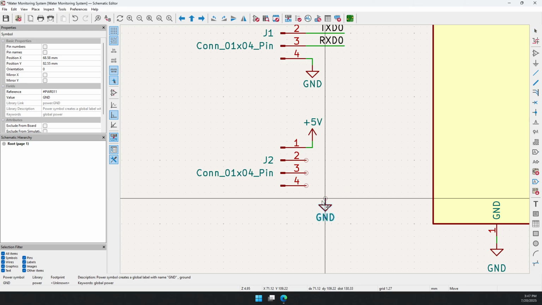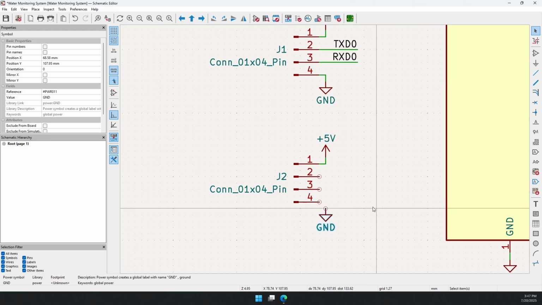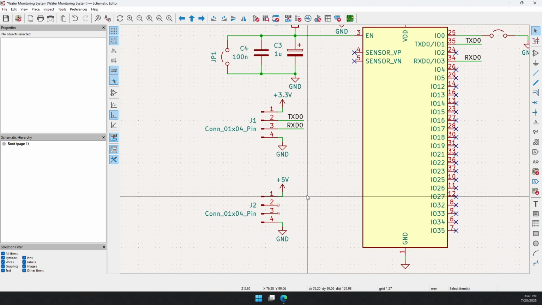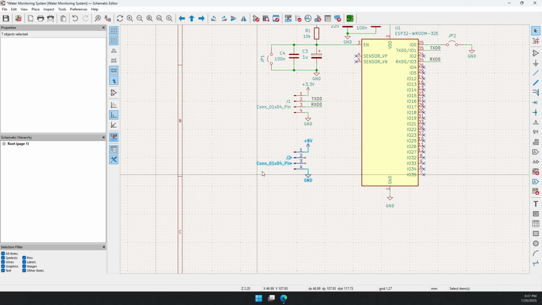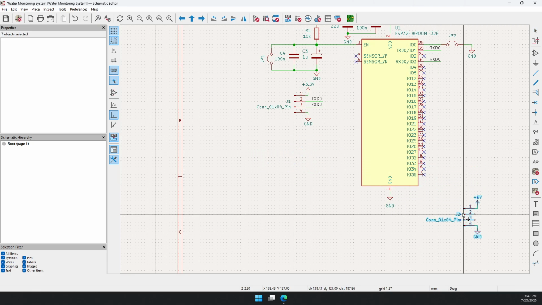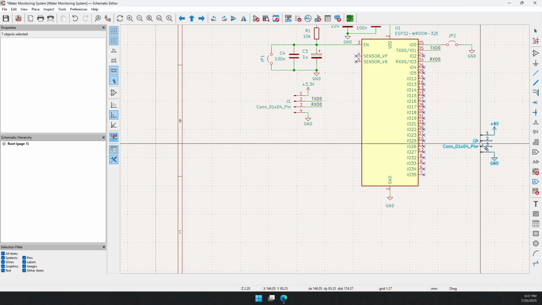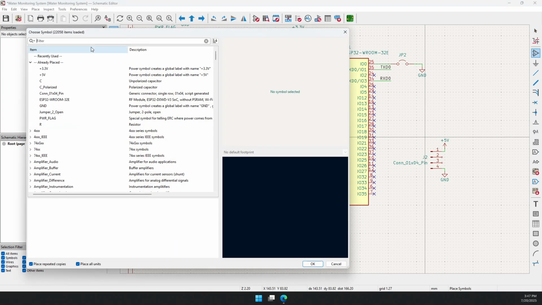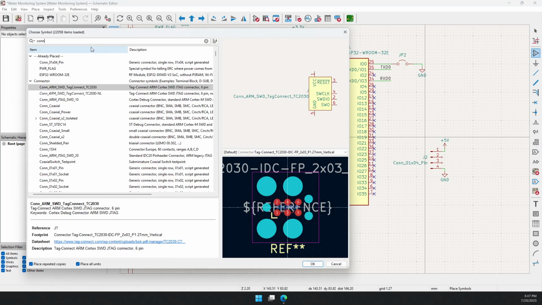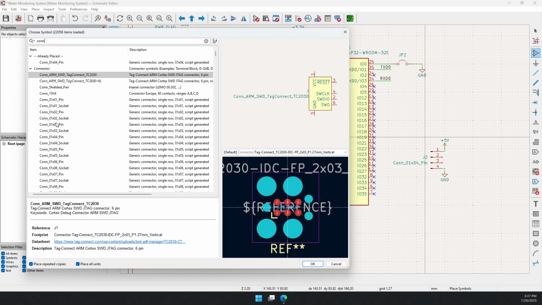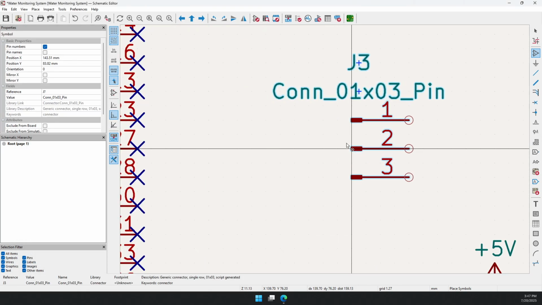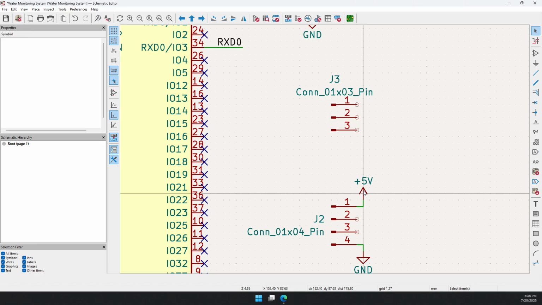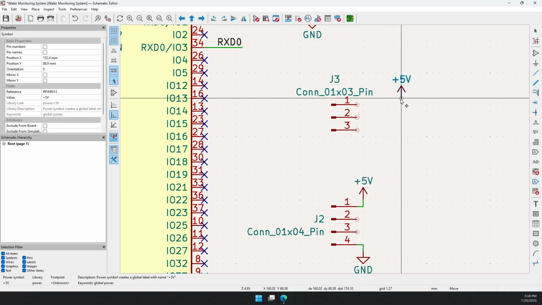And we would also provide ground. Yeah, I was supposed to use a 3-pin connector. So we'd use this for the ultrasonic. We have to bring in a 3-pin. Yeah, this is what we are supposed to use for the